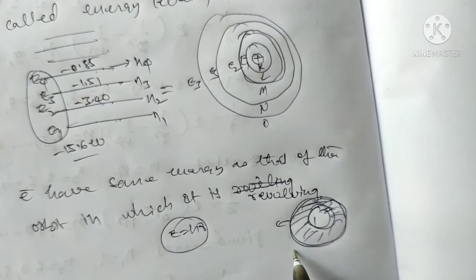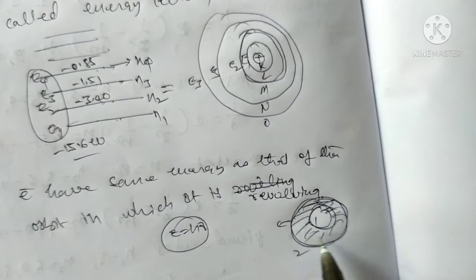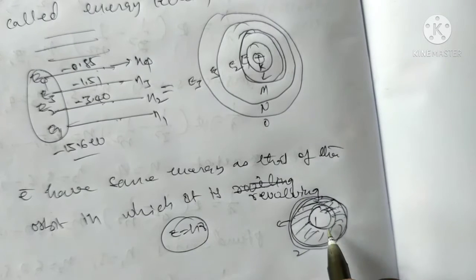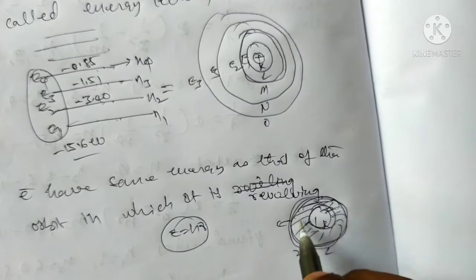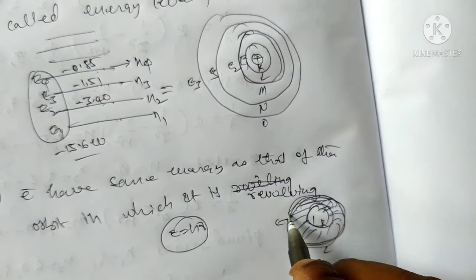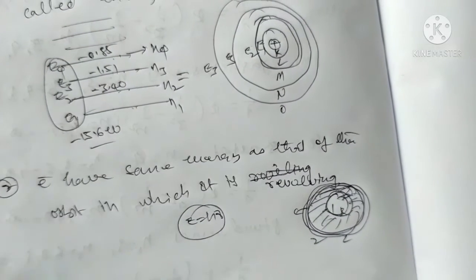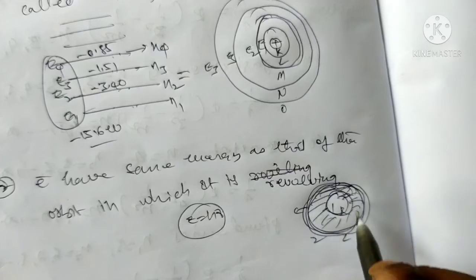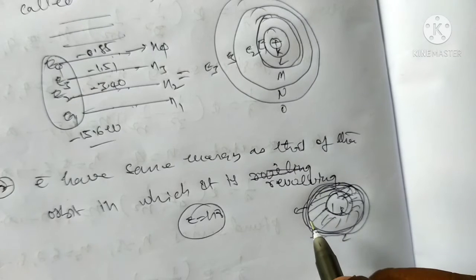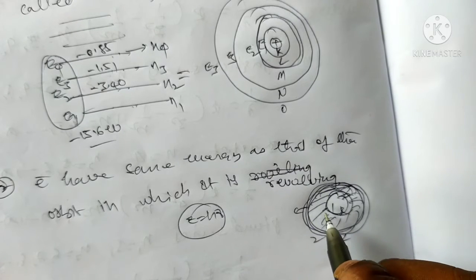Suppose it is the first state. That is the second state, the electron is revolving only in the second state. It is K, L. The L shell can rotate around only the fixed orbit. This is the second orbit. Suppose an electron revolving in a fixed orbit is said to have angular momentum.